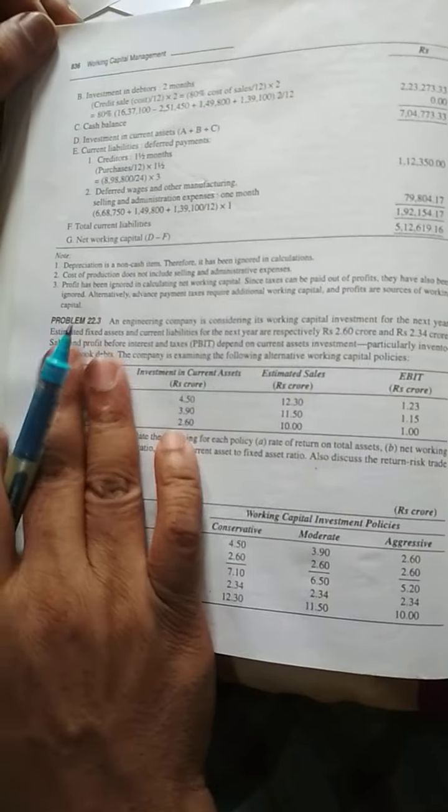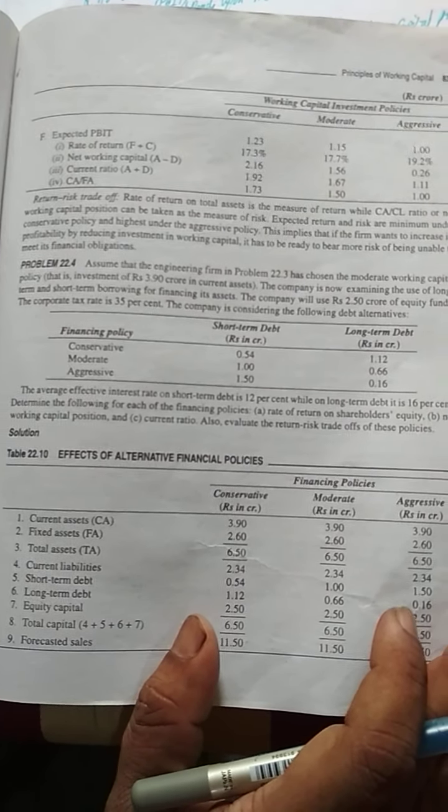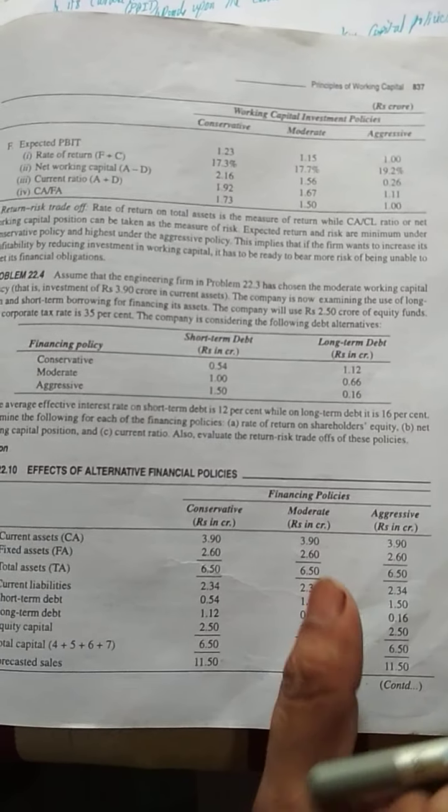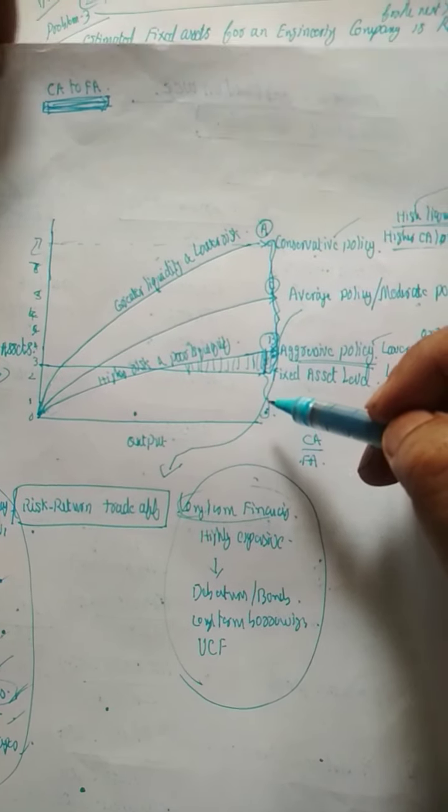These problems are there, as I told, in problem 22.3 under I.M. Pandey, page numbers 836, 837 and 838. The answer continued. You could see this problem. I will send the scanned copies. So this is another set of problems in working capital. Here the only thing we are doing is finding out the changes in the working capital position because of the leverage that is happening in the working capital.